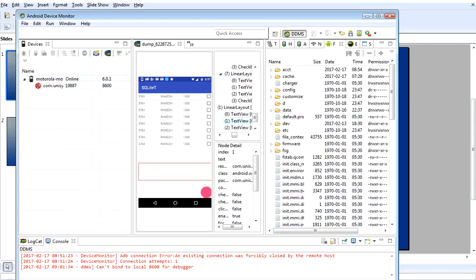So the other fragment inflated the row, but since the data is not there, it is not showing. While creating an instance of this layout, it instantiates that fragment, and the onCreate callback method will be called and return the view. It has got the view over here, but since values are not there, it's not displaying. Now I am pressing, and I got the values now.